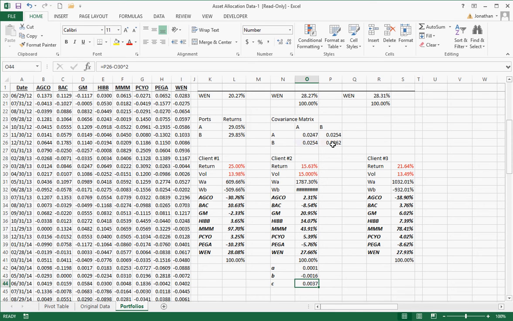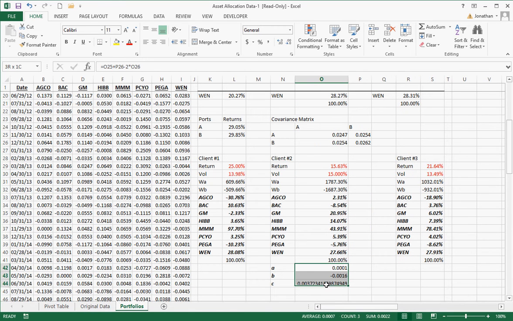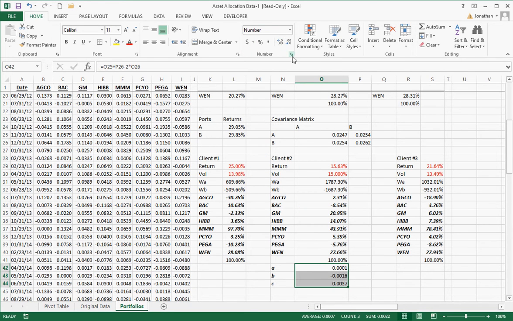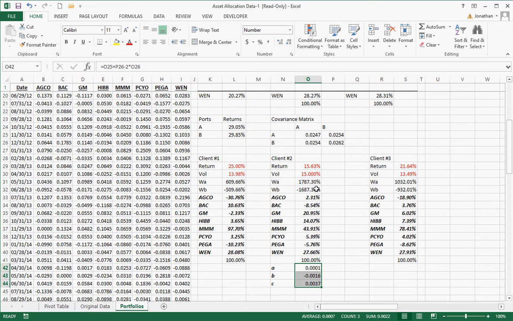And you can get this by doing the algebra, which I believe is in a different video. If not, we can do that in class. And then C is going to be the variance of B minus the variance of the portfolio the client wants. That's the volatility, so remember to square that. And these numbers, there's no interpretation to those numbers, so I just want to show enough decimals to see they're not all zeros. And now I have the weights, and note this will change if I want a higher volatility. Those weights change,